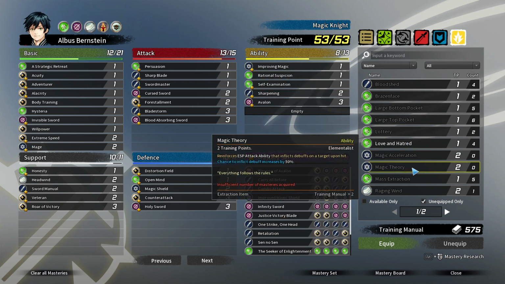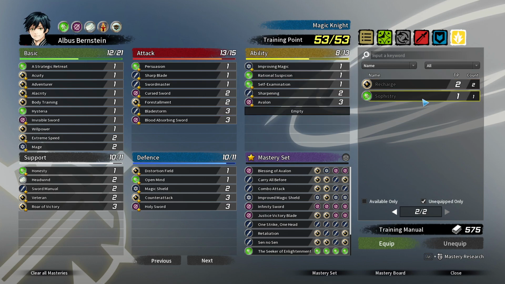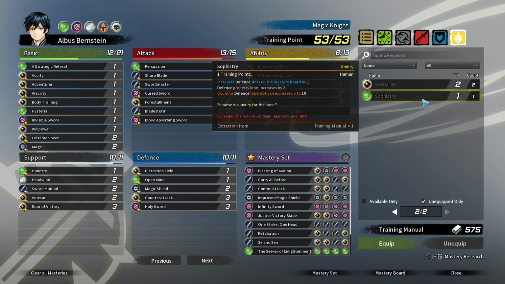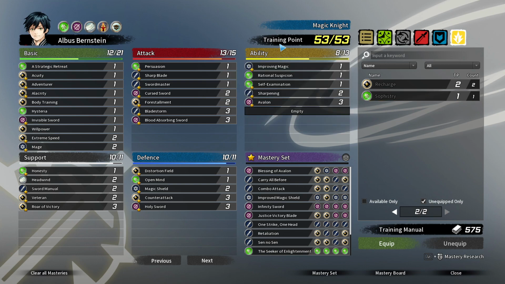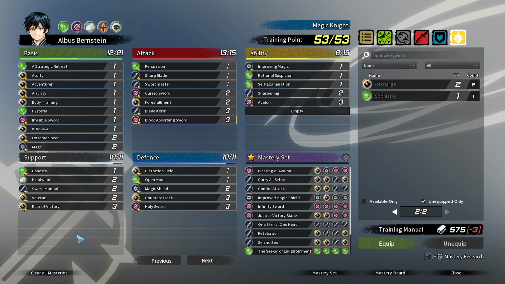Obviously, Magic Acceleration, Magic Theory, improving his stuff here. Raging Wind would be nice to obviously trigger slowdown, or, you know, recharging. And obviously, being able to just give him more slots of stuff would be really good as well. That's what I want to start doing with my characters here: taking off Love and Hatred, using this to give generally slots elsewhere